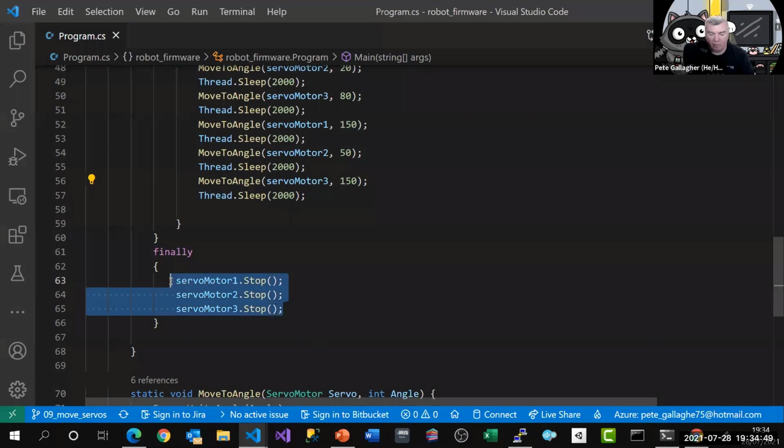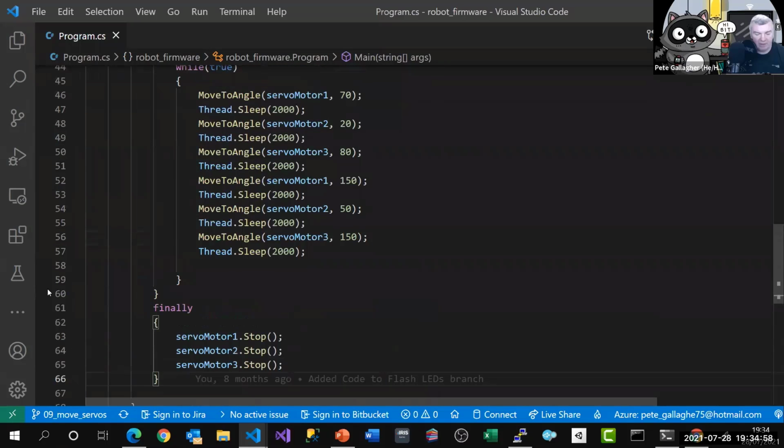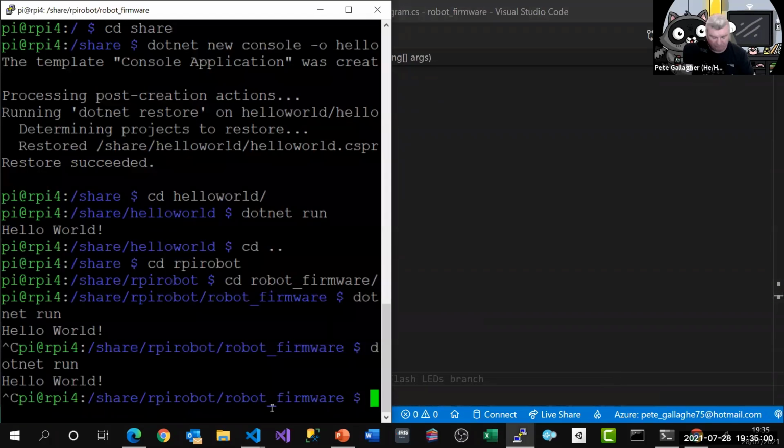And at the end, I'll just stop those servo motors. What that does is when you stop it, it means you can actually move it. If you've left it in a funny position, you can just zip it back into the place where it should be. So let's run that up